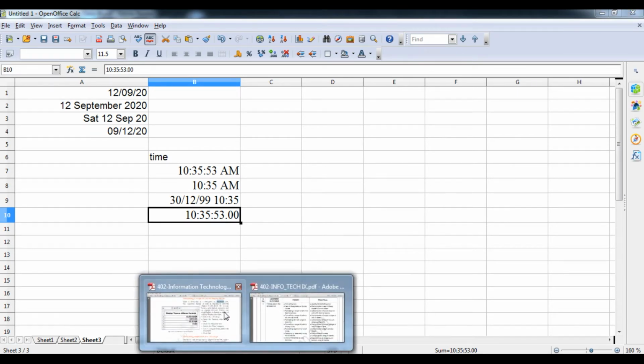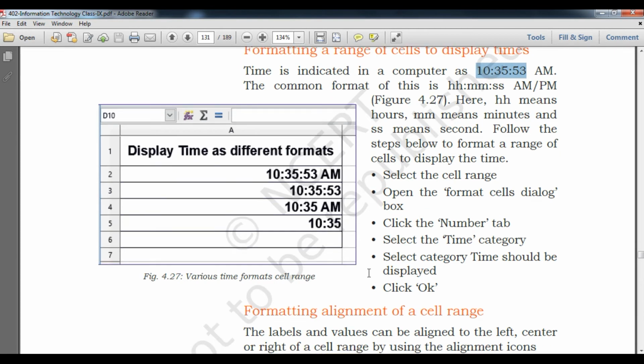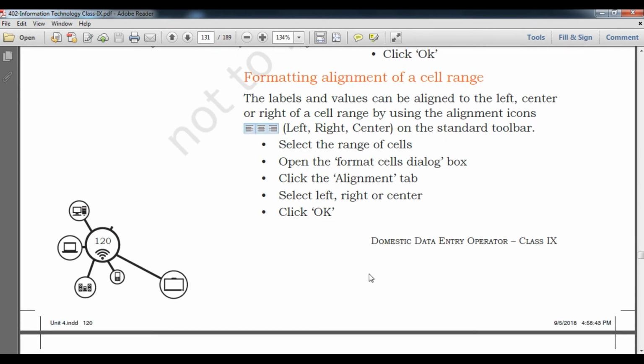Now we are going to understand the next topic of the day, which is formatting the alignment of a cell range. First of all I will tell you what alignment is. Alignment is actually setting the location of the content with respect to the cell. Suppose the reference for the content is my screen, that is the desktop screen or laptop screen. The content is slightly to the right side compared to my screen. Can you see that it is slightly to the right also? It may be considered as right, but if it is center, it has a proper gap from the left side and right side.